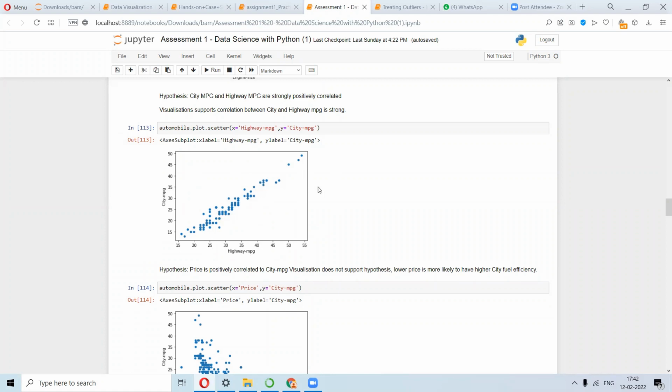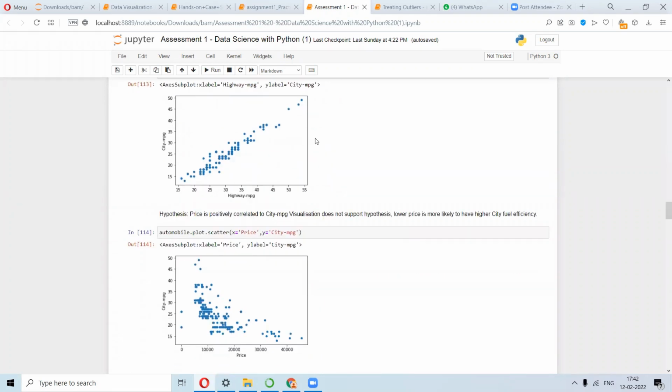That should have been a better way to represent the data rather than this one. This gives you the quality of the car. One such inference can be that a car with good highway mileage is performing well enough in city conditions as well. So that can be one exploration.